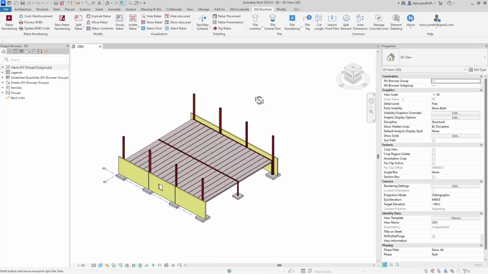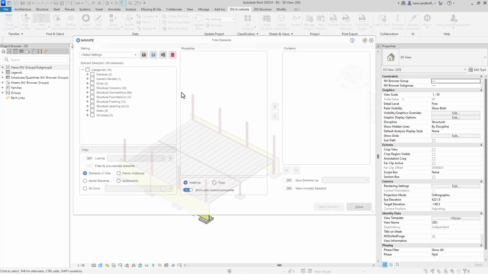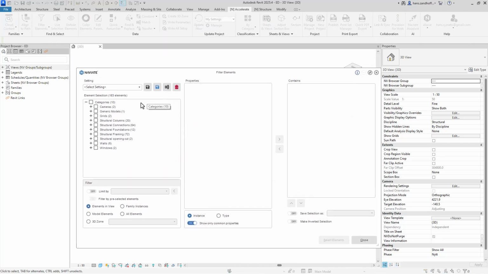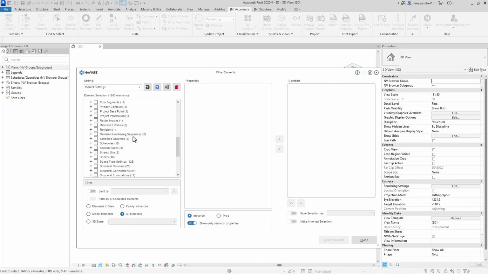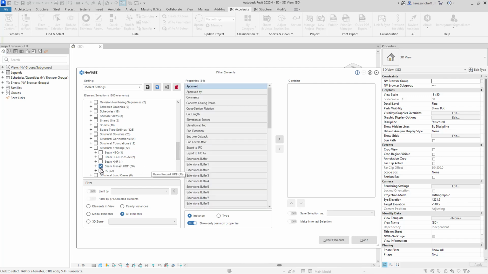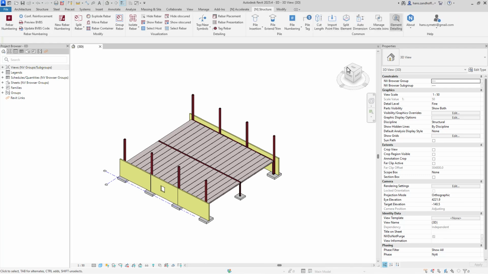Analyze, for example, beams in my project. I need to go and create my own filter. So under filter elements, I can go to all elements, select my structure framings, and maybe I only want to analyze my precast elements. So I will select them, save this as precast. And now when I go back to Naviate Structure and element detailing,